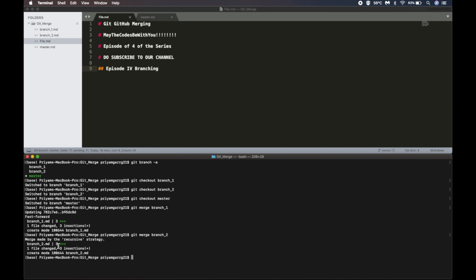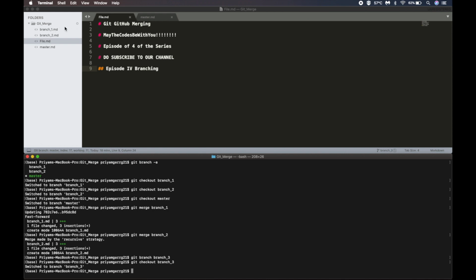So let us learn about conflicts with an example. First of all, let us create a new branch. Let us say branch 3, and let us go to that branch. So here we are in branch 3.